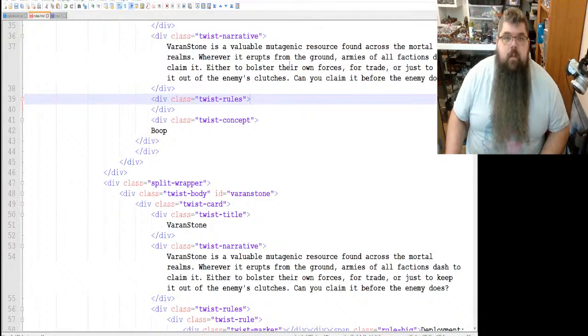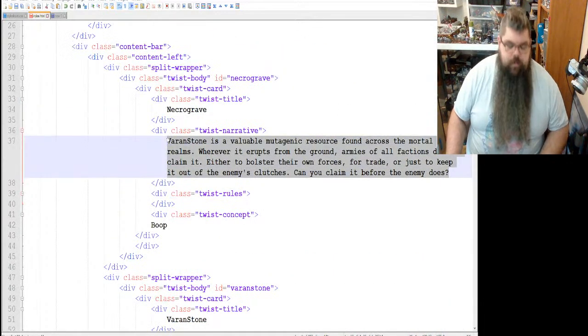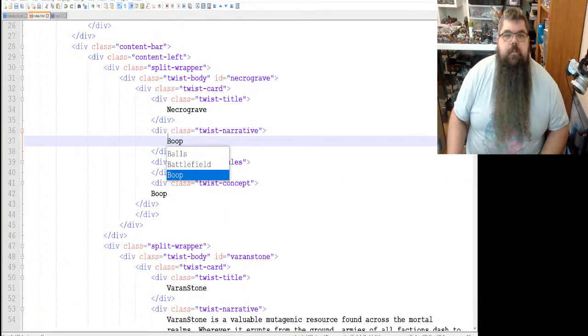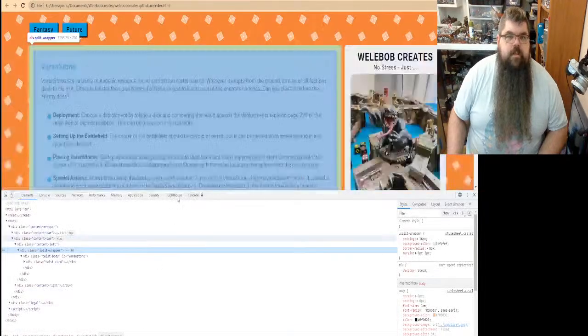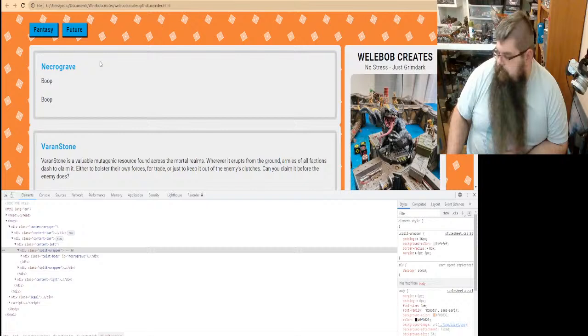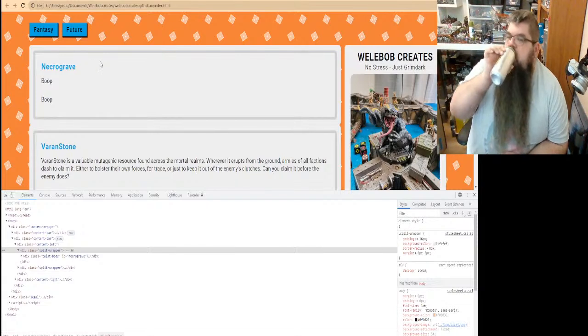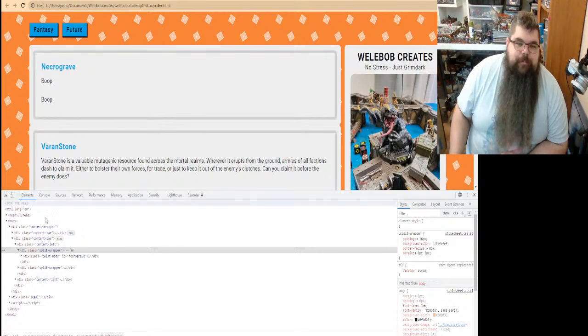Like that. And then we're going to get rid of this. This is just going to be the word boop for now, and I'll write some stuff in there later. We're going to save that, and we're going to go look at it. Since this is running in our local window, any changes we make here, we don't have to wait for them to go through the pipeline. This is just being rendered locally.